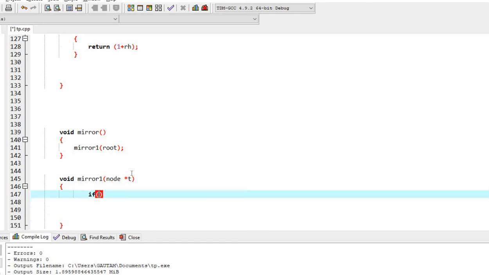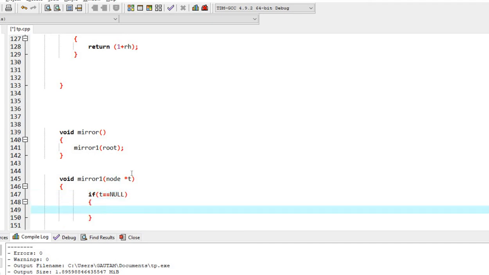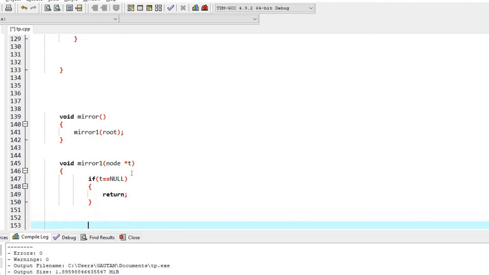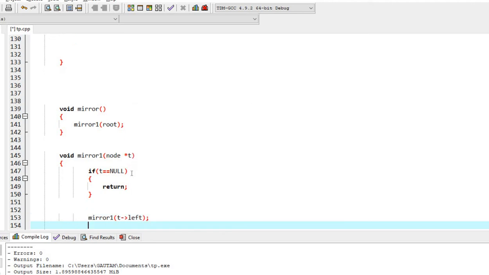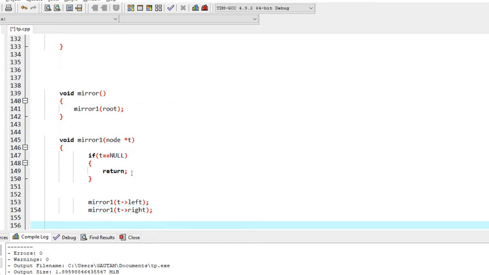First we will check if the root is null, then we will return, because there won't be any mirror image of it. Now we will call the mirror function and pass the root arrow left to it and root arrow right to it.